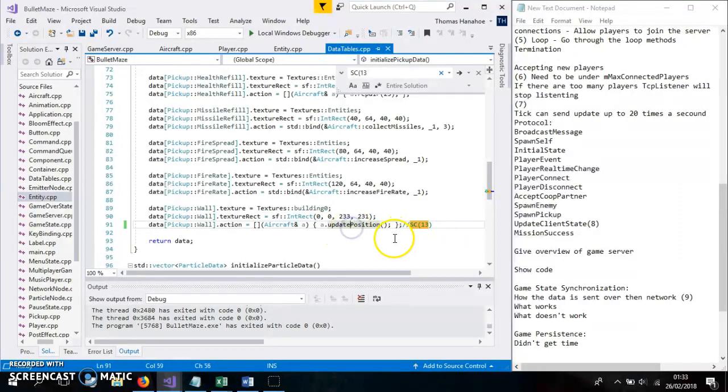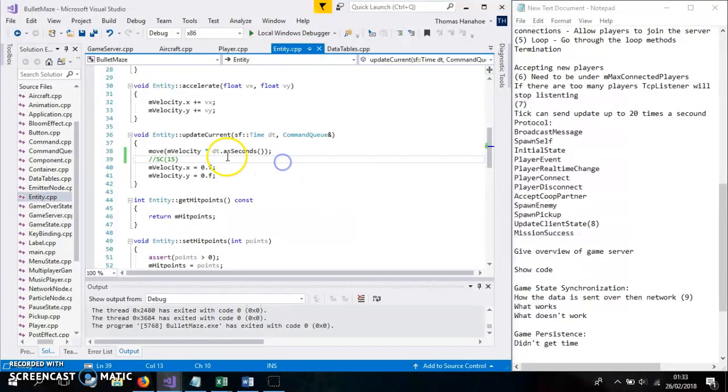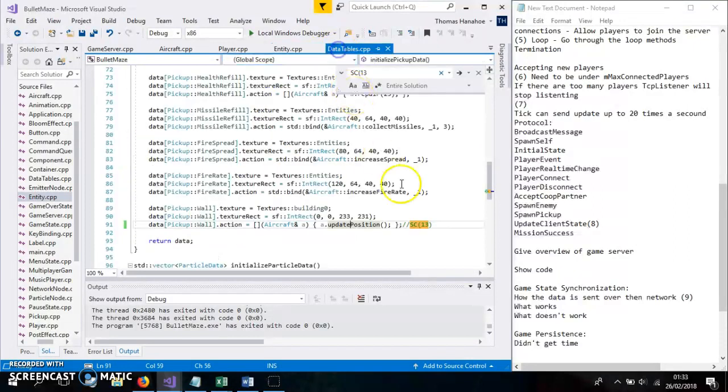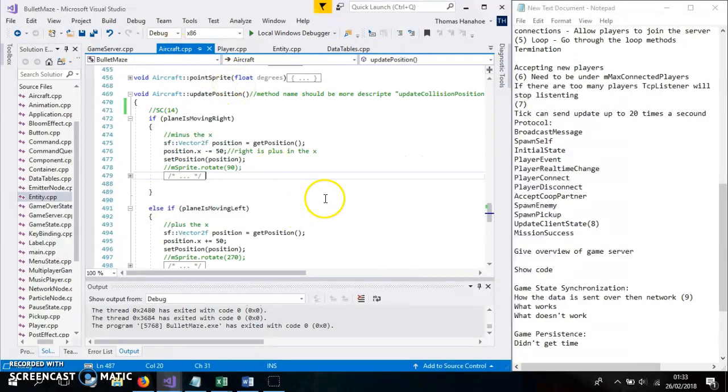And then it will call the update position, which is in entity. No, update position is in aircraft, I think. Yeah, update position will basically